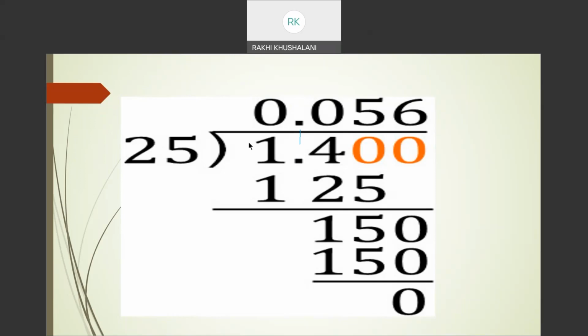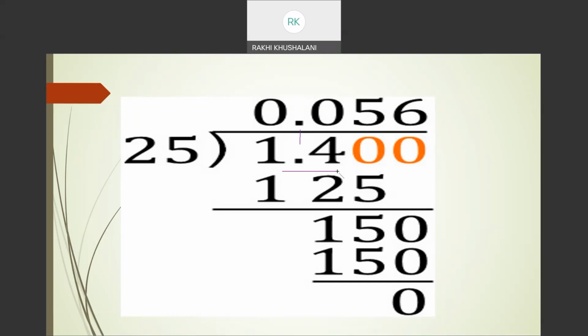Then you combine the next two numbers that are available with you. You take 14. Now again there is a problem. 14 is not divisible. Now again you put a 0. It is not divisible. But you have to make the division because it's decimals. You cannot just answer 0. Okay. This kind of division in whole numbers we did not do because we were supposed to do it in decimals.